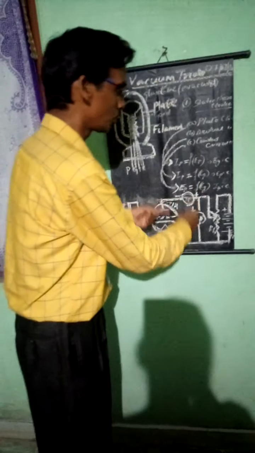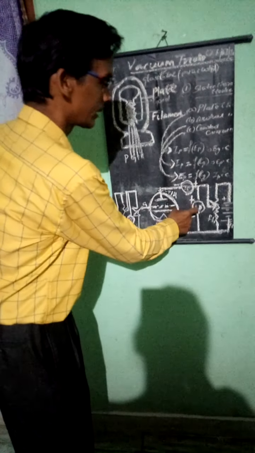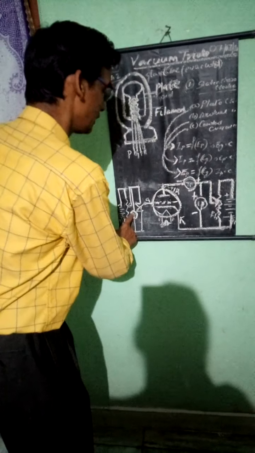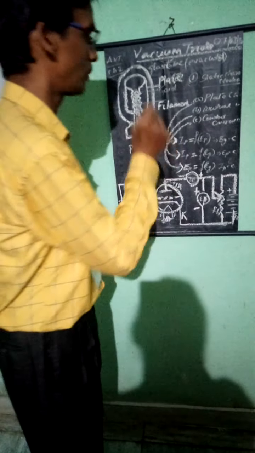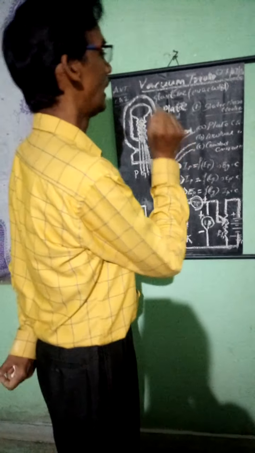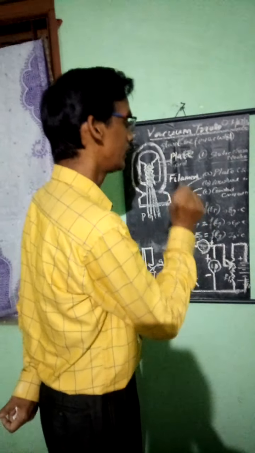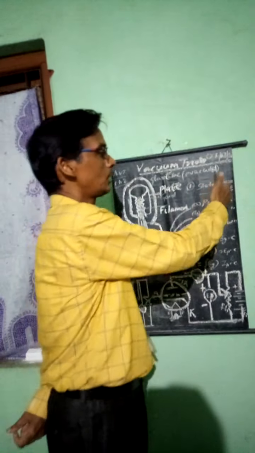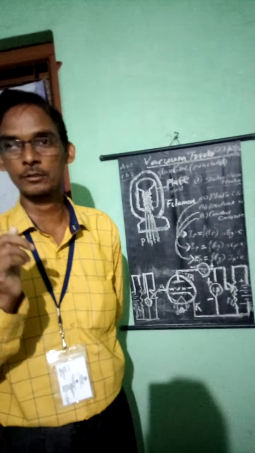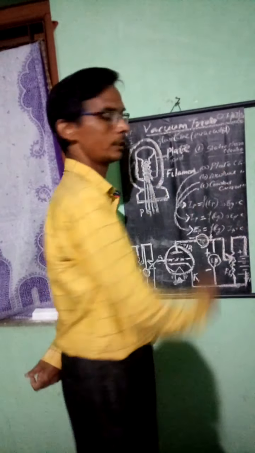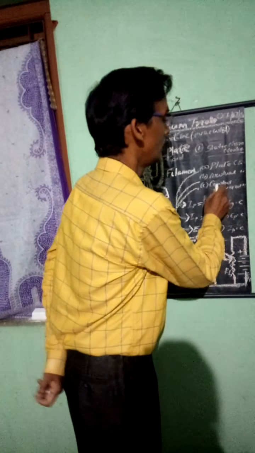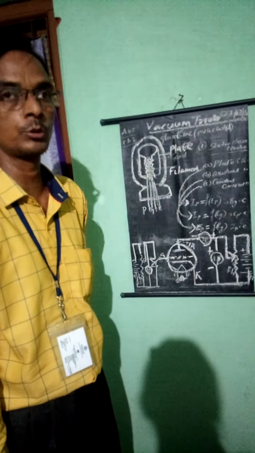Let us see now. According to characteristics, you are taking the plate voltage here, grid voltage here. Then you see we are applying the plate current here. The functions of this plate current, as well as the plate voltage and grid potential, have different relationships. All of these combined, composite, are called the static characteristics. This static characteristics is based on either plate characteristics, or mutual characteristics, or constant current characteristics, which is not useful.